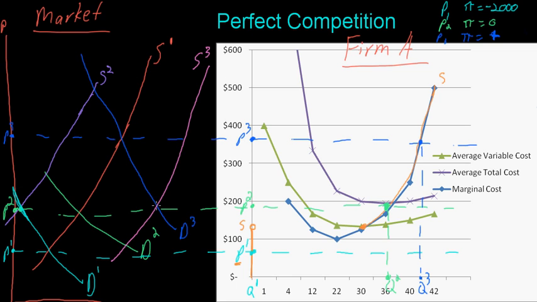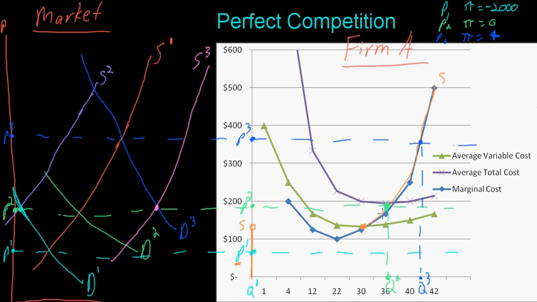Where price is equal to the minimum of average total cost. Because in this case, no firm will earn an economic profit. And because there is absolutely no barrier to entry or exit, it's like you can start up a business instantaneously in this industry. That is what any entrepreneur will decide to do up until the point that there are so many firms in this market that the price of the good that you're selling is not too high and you can't earn an